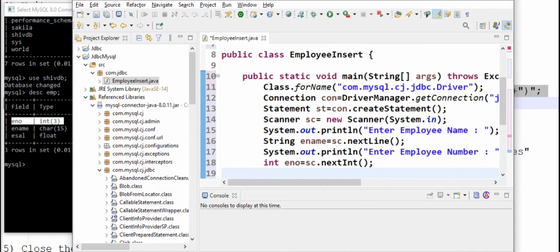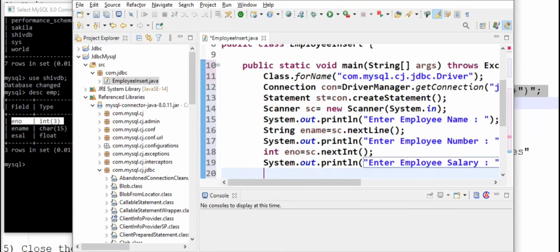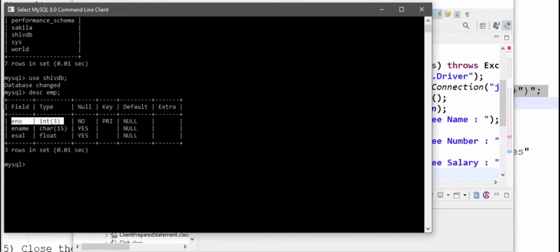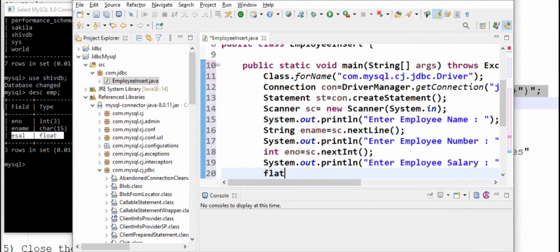Next, we should take input for employee salary. Enter employee salary. Employee salary is a float, so we should follow the same. float esal equals sc.nextFloat.